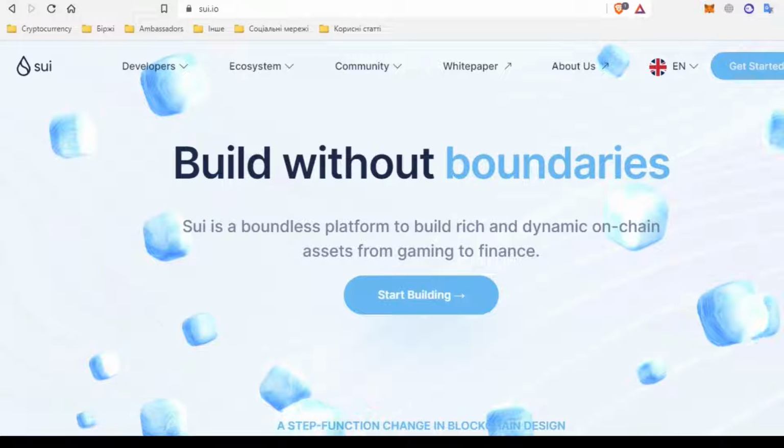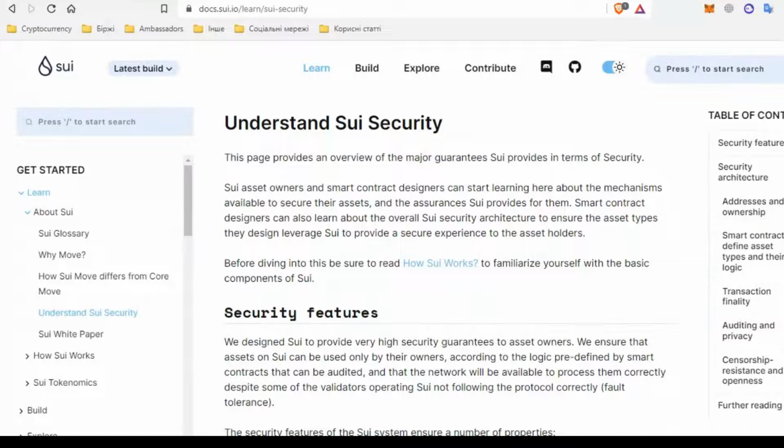Hi friends, in this video we continue to talk about the SUI project and the topic will be SUI security. This is a very important element in the development of the project, on which the direction of the future depends, so let's start the analysis. During the development of SUI, the main focus on security had to be at the